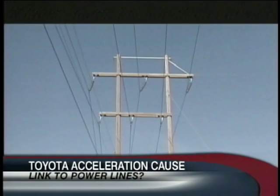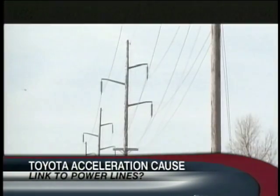It's very interesting. Investigators think they have a new lead, and it could actually be the power lines hanging overhead. Many of the crashes caused by acceleration issues happen around heavy power lines. Big power lines can generate powerful